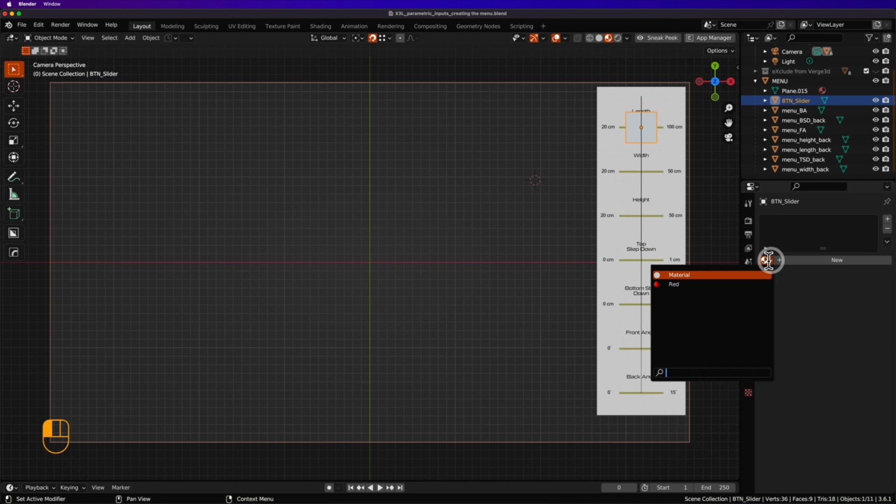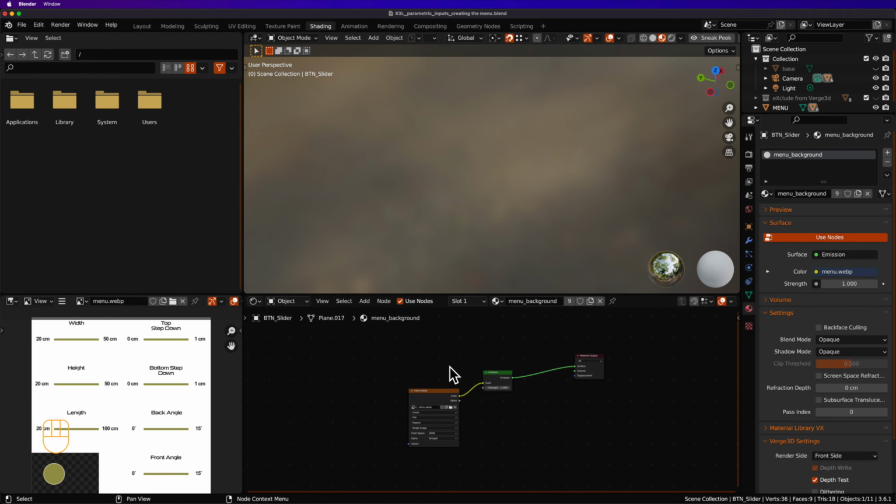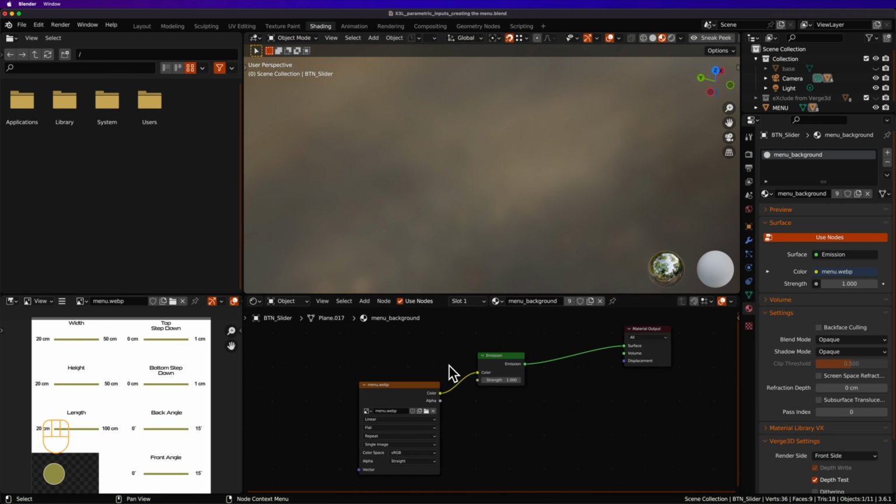And the base material we're going to start with, well, it's called material now, and that's a good time to change the name of that. I'm going to call this menu background. But what I need is one that's going to be transparent. If you recall, when we made the original shader, this shader here was just a straight emission shader. So we're going to go ahead and duplicate this, and we're going to call this